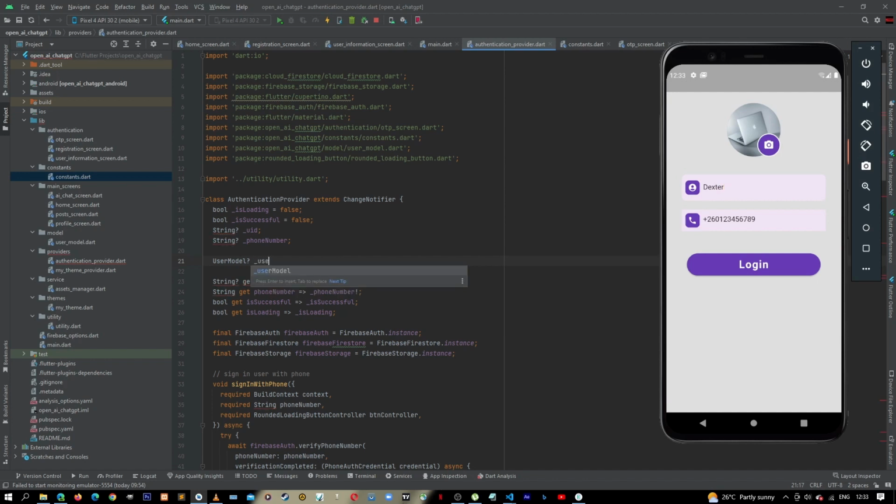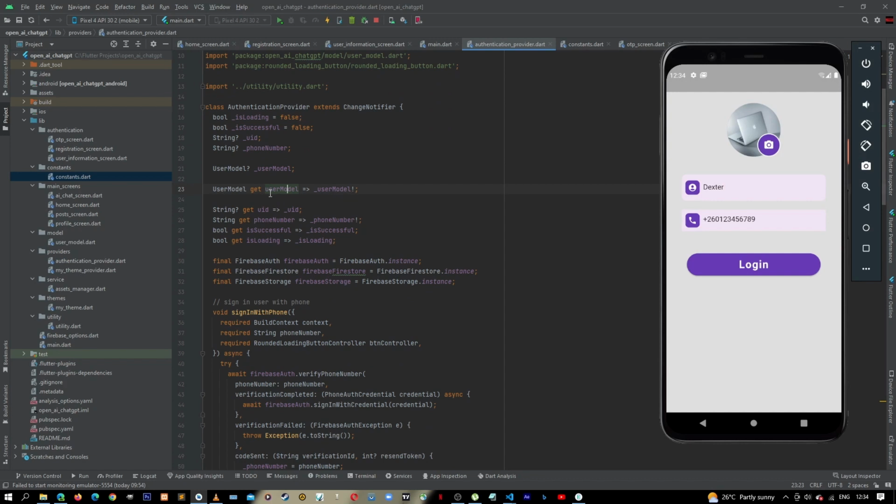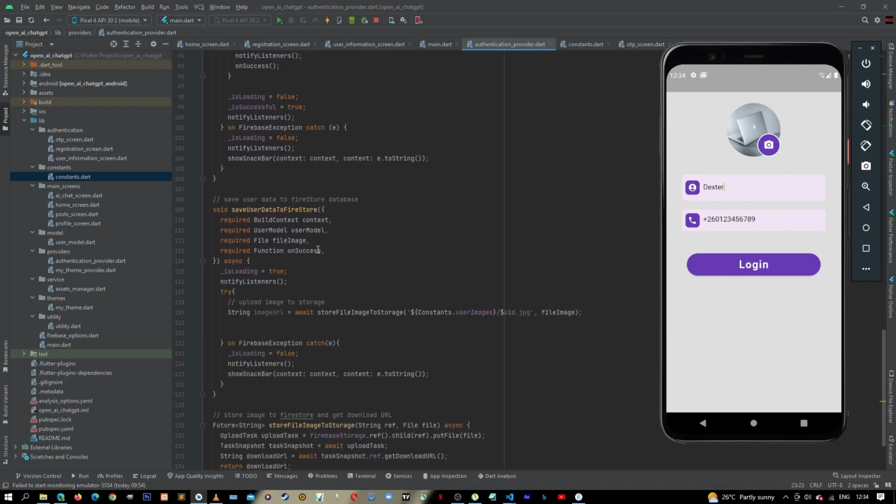You can say user model, and then we can also get a getter, which we're going to say user model, then get user model, which is going to return our user model. Let's add a check there. So this one here is our user model, and then let's come back here. Where is our method? Here